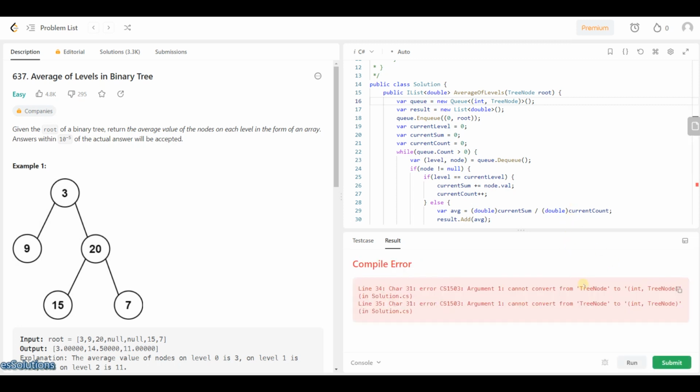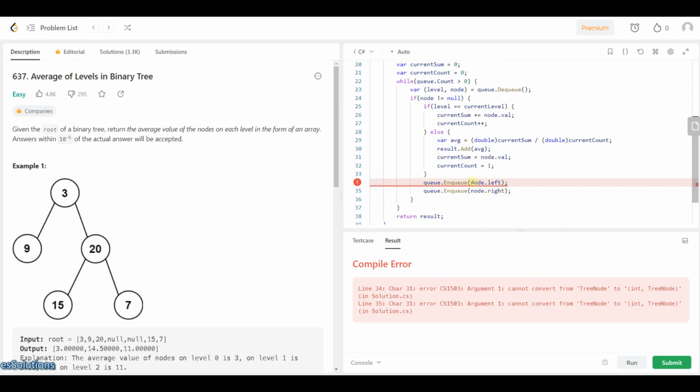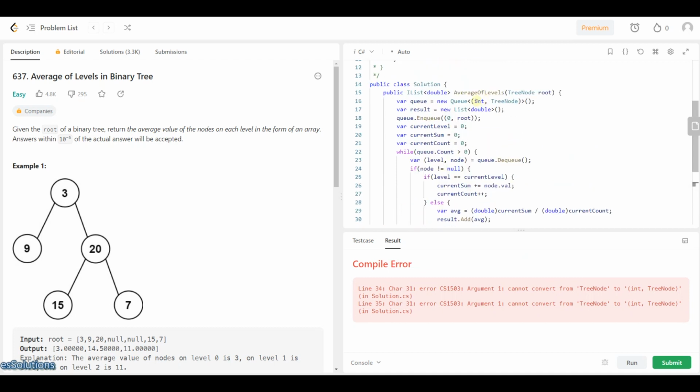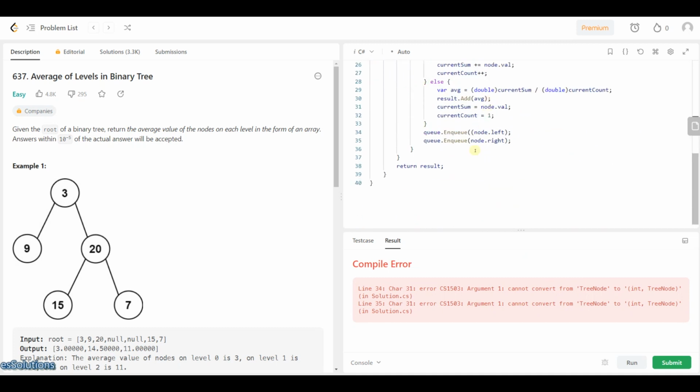Hopefully all is good. Okay, still have an issue. Cannot convert tree node to, that's line 34. Oh, sorry. So we are supposed to, the queue is expecting a level, an integer, and a node. But I'm only passing in the node, so I need to pass in the level. I know that the level of that node will be one level. So if I was in level 0, I know that the children will be level 1. So all I need to do is the current level plus 1 will be the level of those children. So this will be current level plus 1,